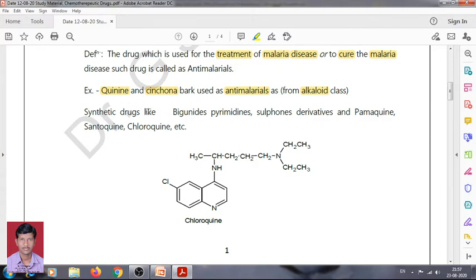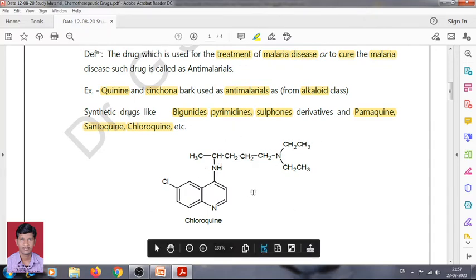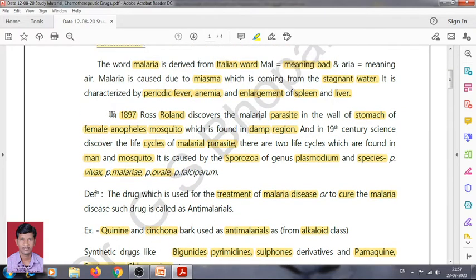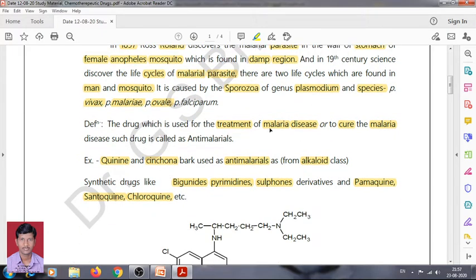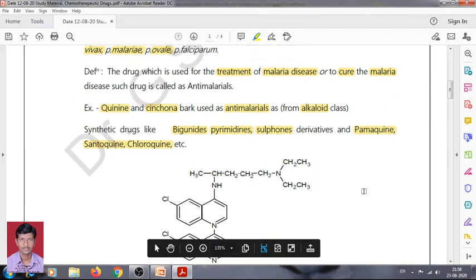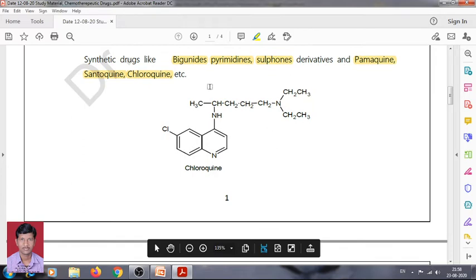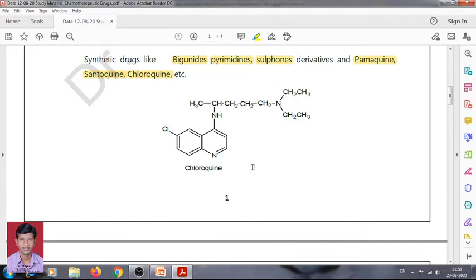Now the synthetic drugs like biguanide, pyrimidines, sulfone derivatives, as well as pamaquine, santoquine, and chloroquine. These drugs are the synthetic drugs which are used against the malaria disease. So what is the definition of anti-malarial? The antimalarials are the drugs which are used for the treatment of malaria disease or to cure the malaria disease. All these are examples, and this is the example structure of chloroquine,